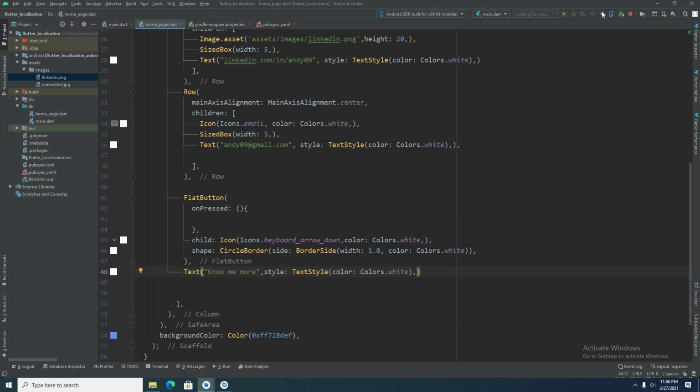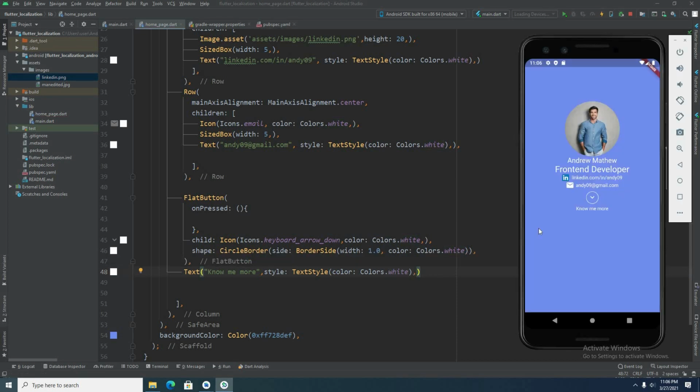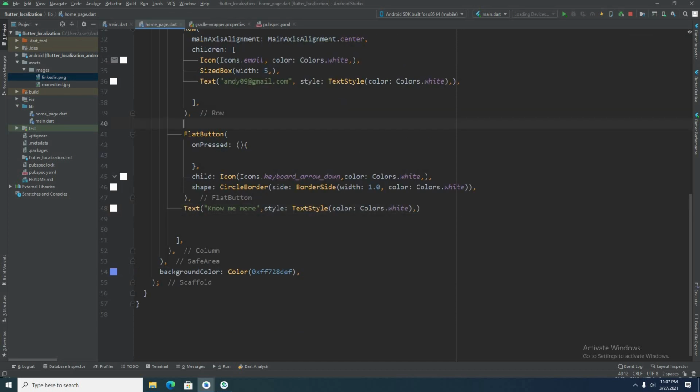Okay, now let's see how this looks. So yeah, we have created the flat button with a text at the bottom. Now let's add some size boxes to make it look a bit better.